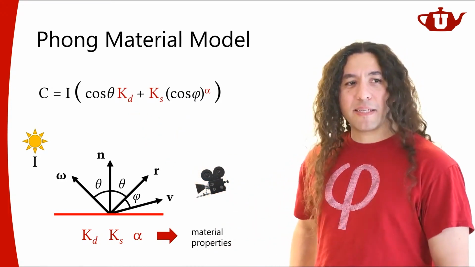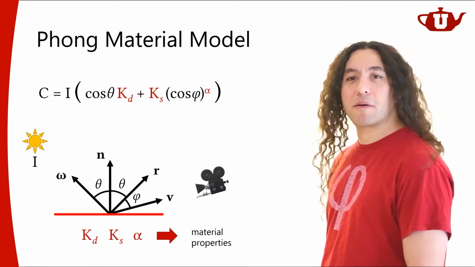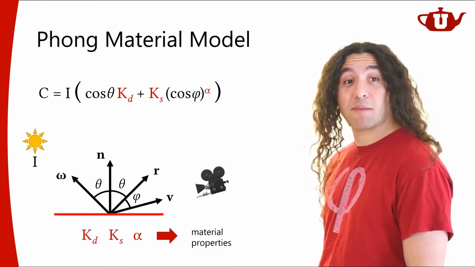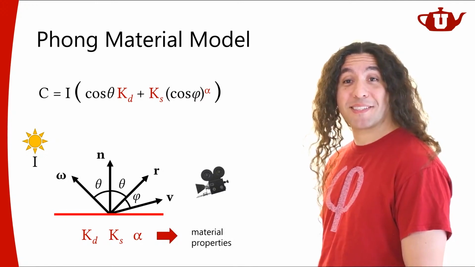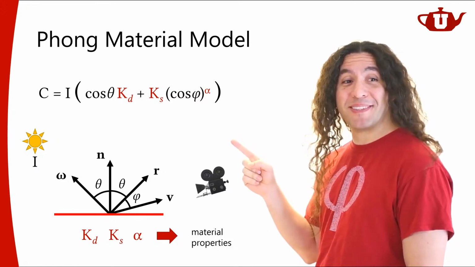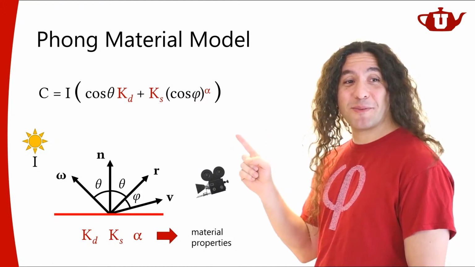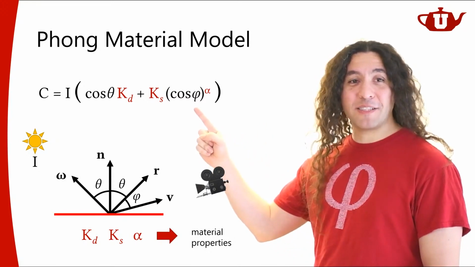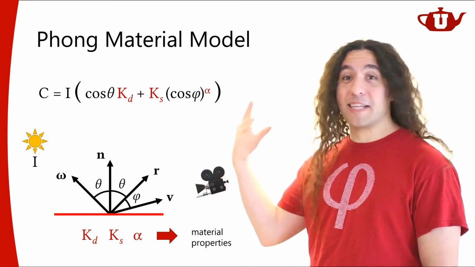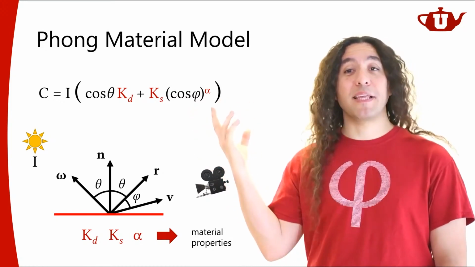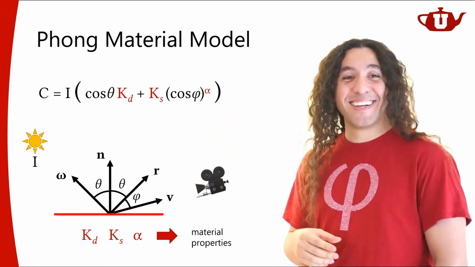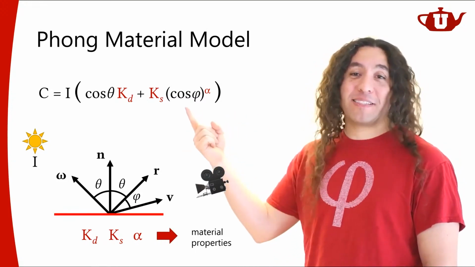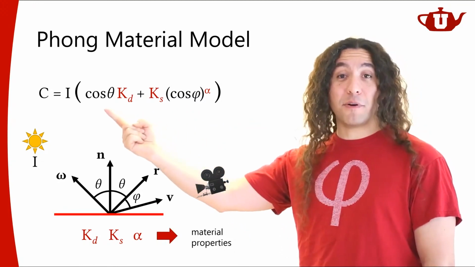Okay, now is this something that's bothering you when you look at this equation? Anything bothering you? Because something should be bothering you. So here's the thing. This cosine phi term, I said that's the Phong model. Phong came up with it, and we've been using it as the Phong model. It's okay, right? This is where it came from. Where did this guy come from?